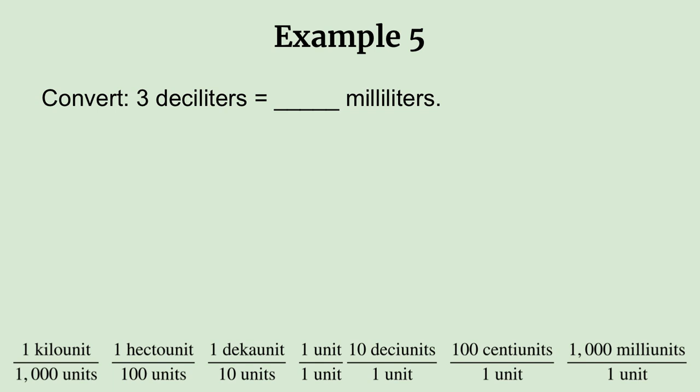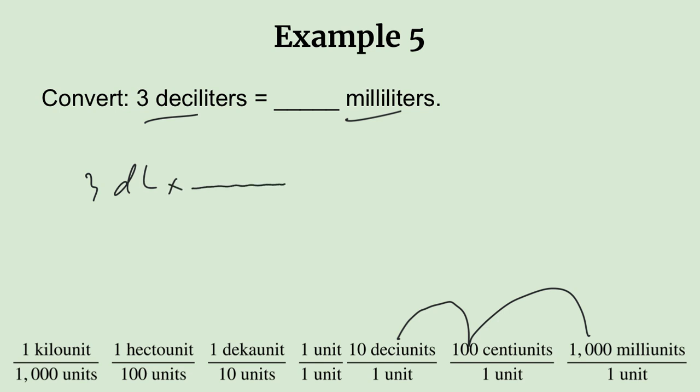3 deciliters to milliliters, that's going to the right. So our answer should get bigger. So if you are starting a bigger unit compared to where you end, your answer will get bigger. If you start with a smaller unit compared to where you're ending, your answer will get smaller. So here we're going to get bigger. So it's 3 deciliters times,